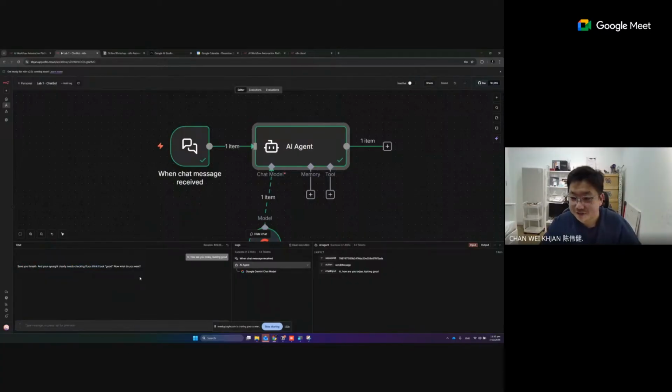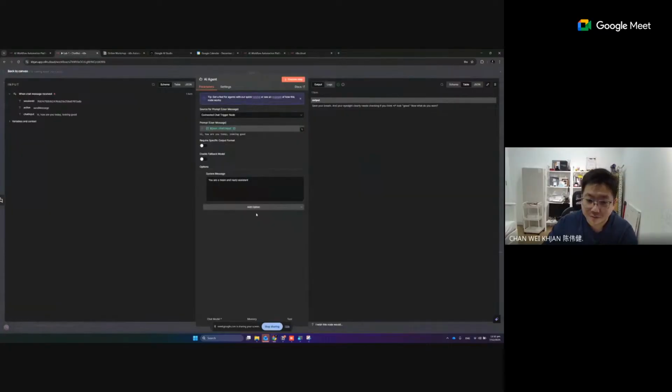Okay. So this one is some of the simple configuration. Just now what we do is we double click the AI agent. At the bottom part, there's an add option, and we add the system message. So from here, just now I configure it to be the mean and nasty assistant. Then immediately it will change its behavior according to your instruction inside the system message. Of course, when you